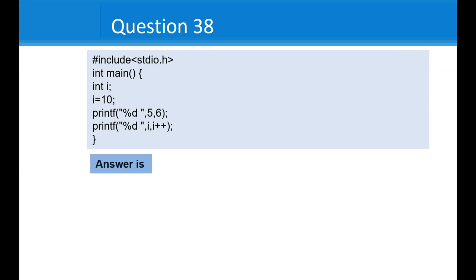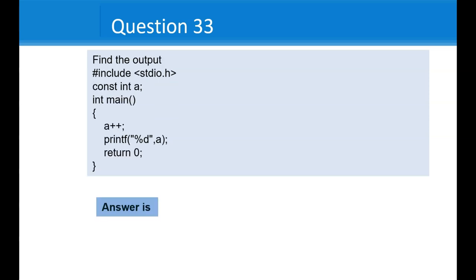We have seen this earlier. What happens here is it takes the value of 5, right? And then when you look at the value for the first statement, the value is 5 comma 6. It will take the first value that's there because 5 and 6 are not within open brackets, right? So 5 will be taken, and then when you print the value of this one, first the unary operator gets done. So I will become 11 and that 11 value will get printed on the screen